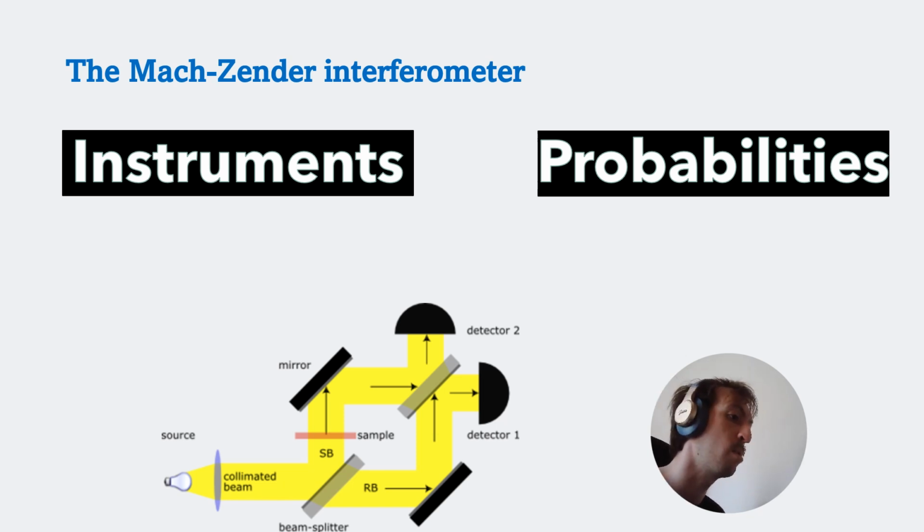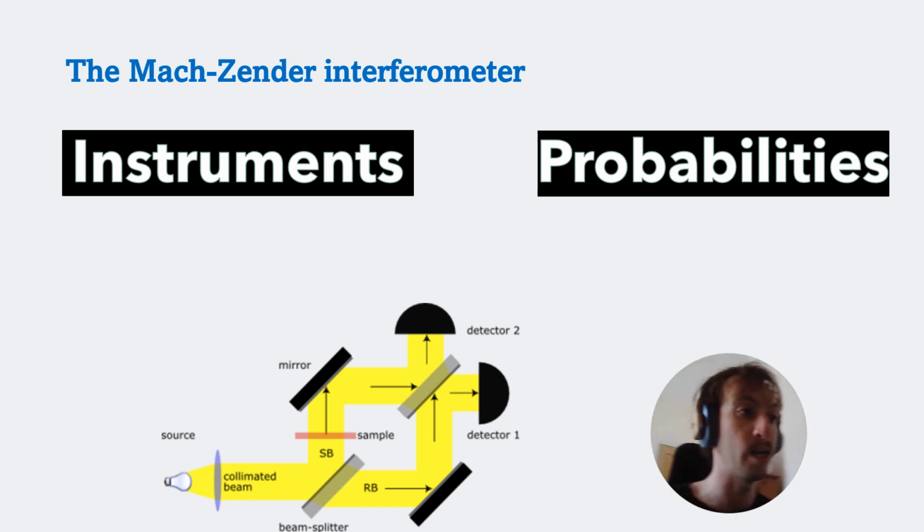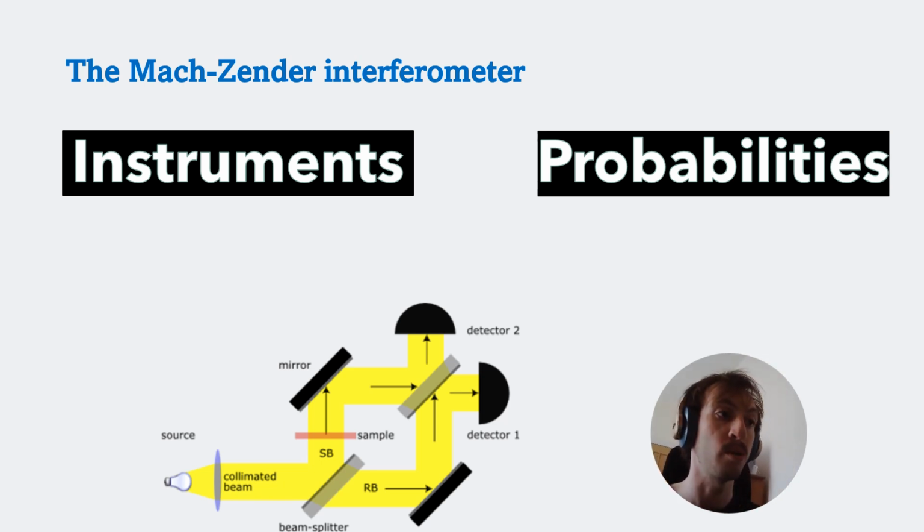So in the first part we talked about an introduction to quantum mechanics. We talked about how we describe a quantum state as a superposition of classical states and how we find probabilities from that. Now we're going to start to talk about the Bohm experiment specifically, and to do that we're going to have to look at an interferometer.